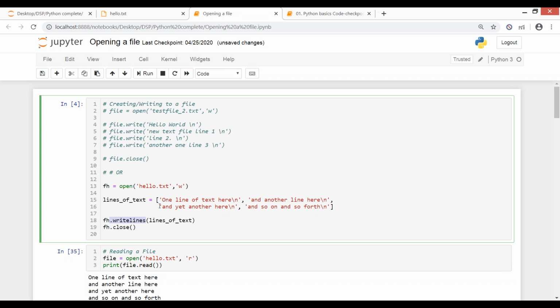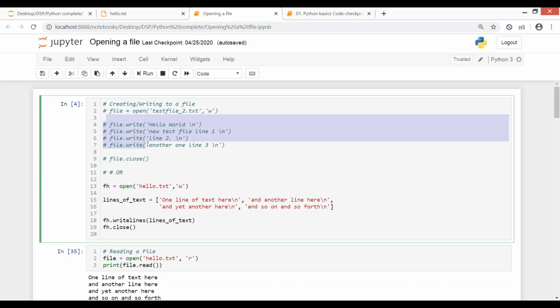Which line, Komal? 15. What we have done is, what is this? This is a list. Let's say these are 4 lines. Either I use this way, where I write this kind of command 4 times, using dot write, first writing this one, then dot write, then this one. But I don't want to do this much work.